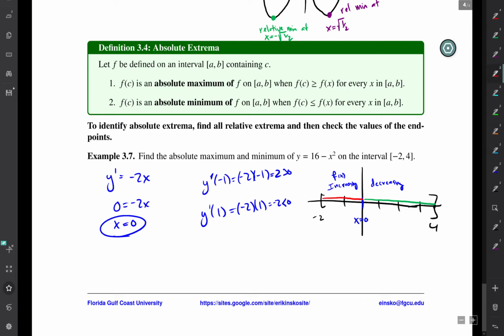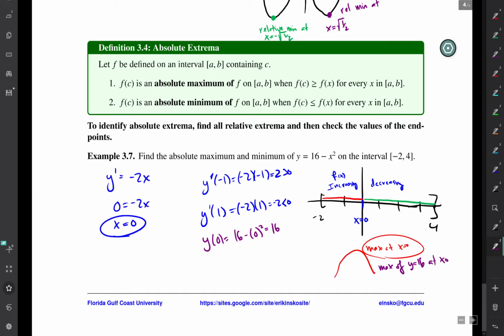And so what does that mean? That means that if a function is increasing and then decreasing, we're going to have a max at x equals 0, is the takeaway there. So let's actually figure out what you get at 0. y of 0 is going to give you 16 minus 0 squared, which is 16. So we're going to have a max of 16